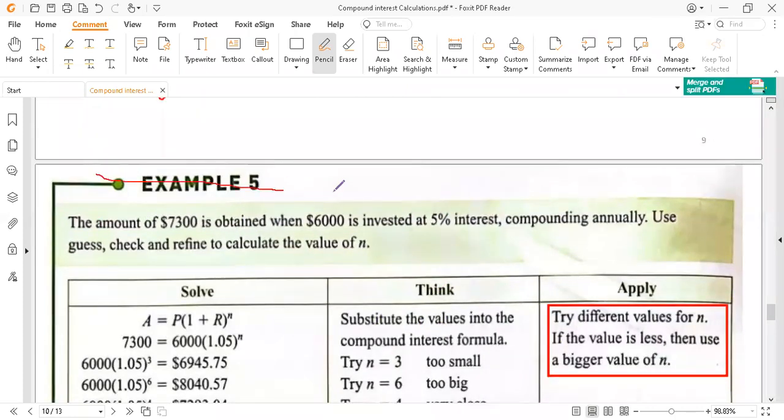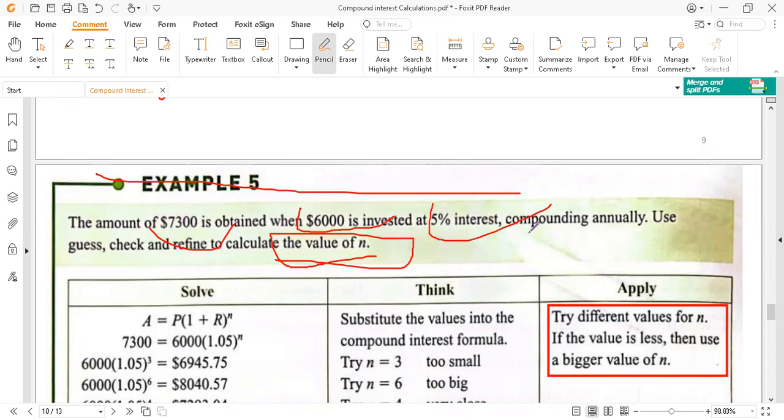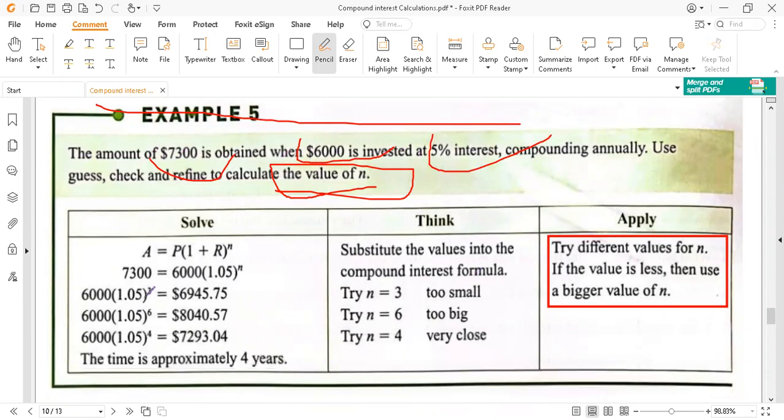What about the final case? I didn't mention the final case. In the final case, we want to define the value of the small n, the compounding period, when the big A, the principal P, and the rate of interest per annum are given. So you should know that we will use the guess, check, and refine method. How? We should try different n. First of all, we use the same formula. If we try n equal to 3 years, it will give us